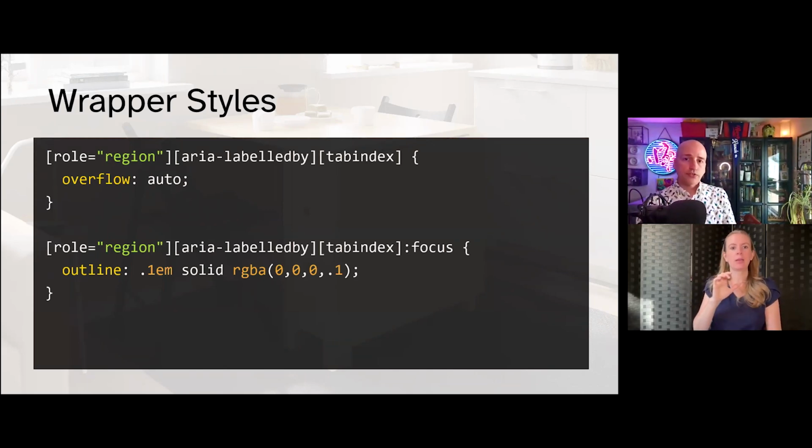My CSS selector looks for the region role, aria-labelledby, and the tabindex. And by using all three, I'm ensuring the table won't scroll unless it is marked up to support the other WCAG success criteria and works for keyboard users without creating a confusing tab stop for screen reader users. This also makes it easier to spot when developing it as well, because if you forget one of those, the table won't scroll. I also make a focus version of that selector.